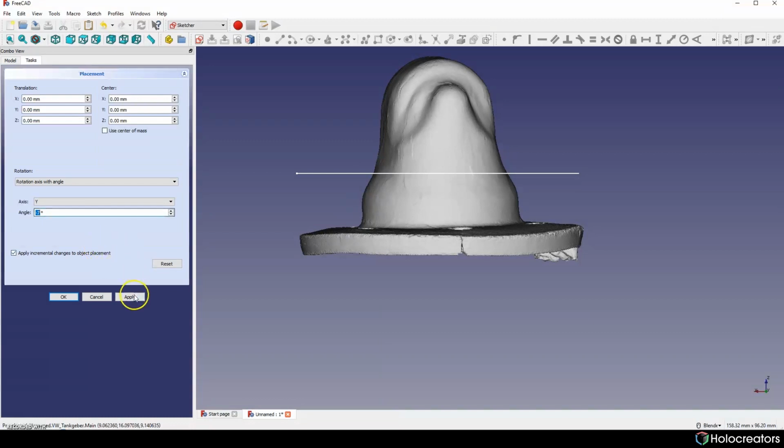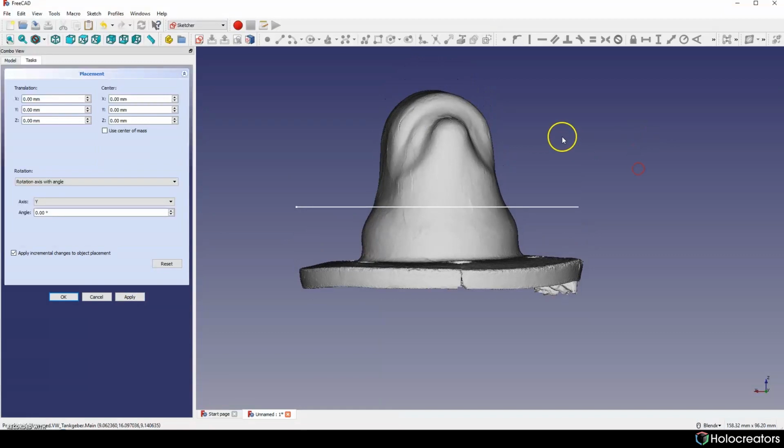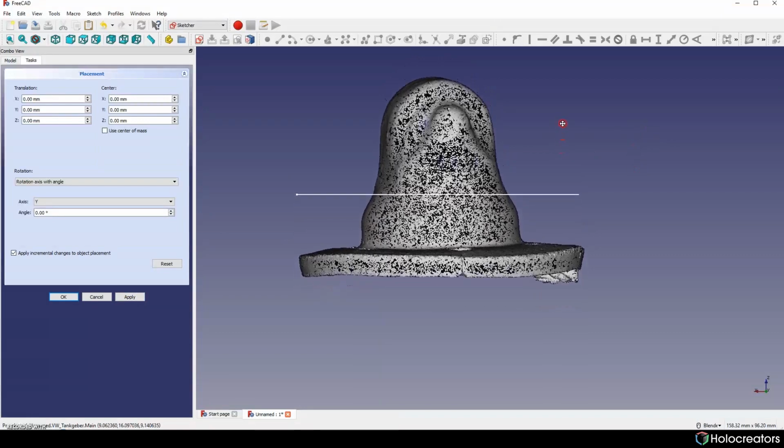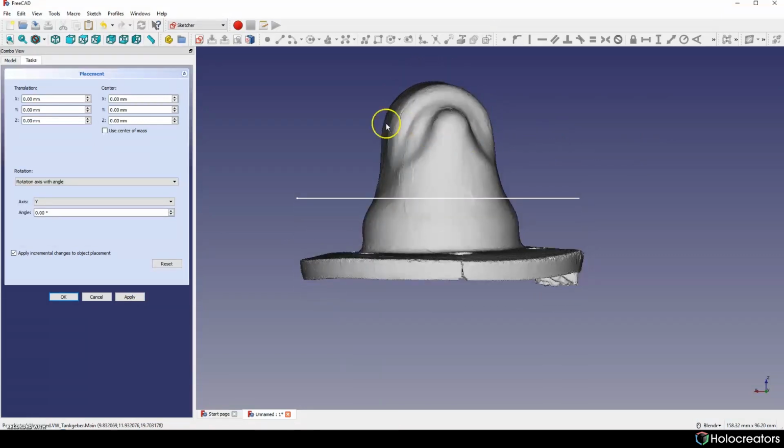This looks perfect to me. Again, I hit apply, and now we can rotate our model on the z-axis to get perfect alignment here and here.